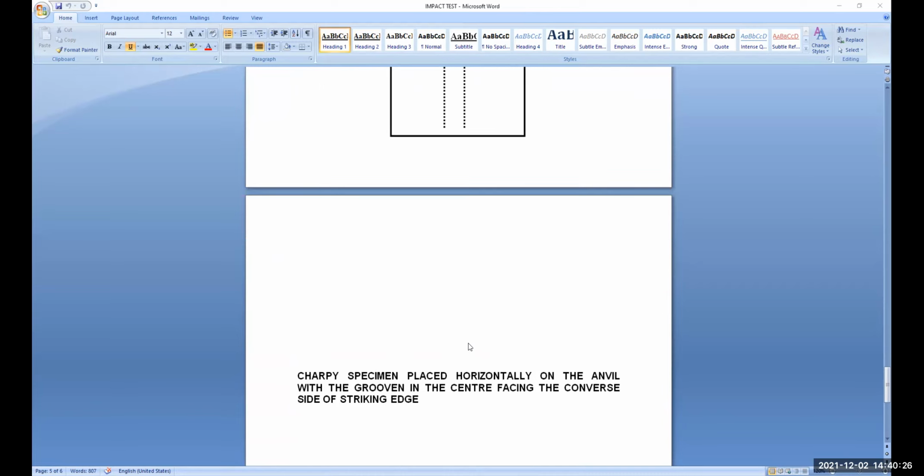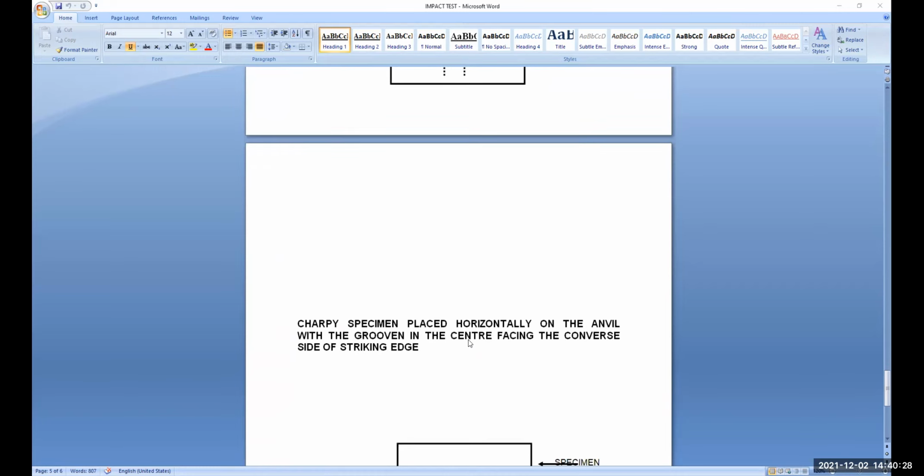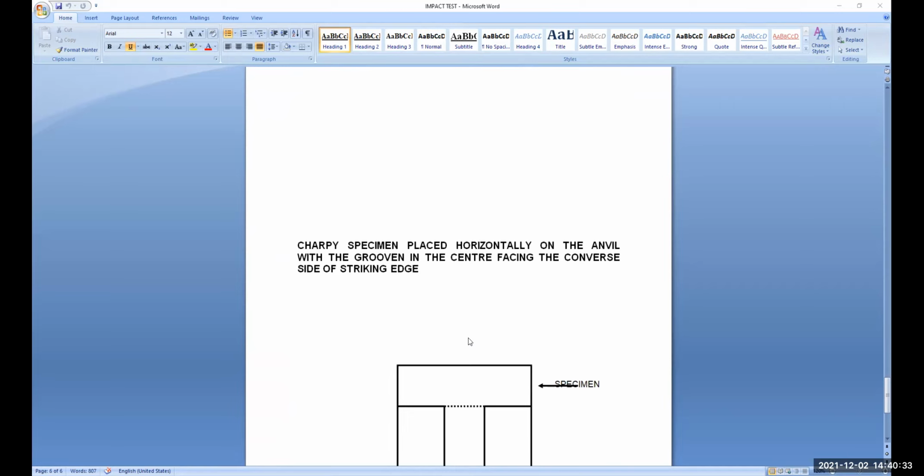The Charpy specimen is placed horizontally with the notch facing away from the striker. After you have properly placed the workpiece on the anvil, the hammer is released for swing. It will strike the workpiece and it will not go up to that extent as it would if there is no workpiece. The difference between the position on the dial, which is the face, and the position of the dial going to a free swing, is the energy difference.